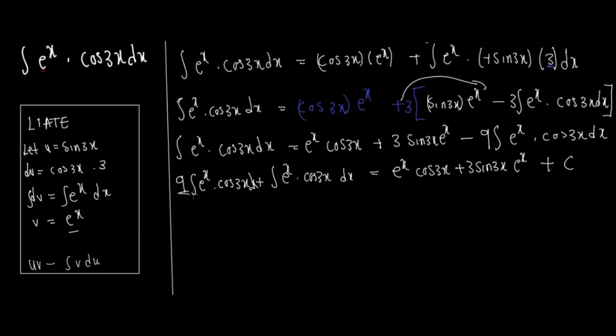So 9 plus 1 is equal to 10, the integral of e to the x cosine of 3x dx, which is equal to e to the x times cosine of 3x plus